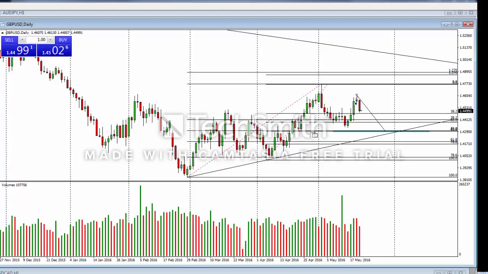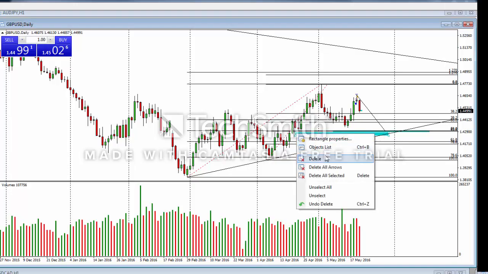You are very much open to manipulation at trend lines, simply because everyone can see them. But we've got stops here, we've got fib here, we've got trend line here. Everything is stacking up pretty well. So